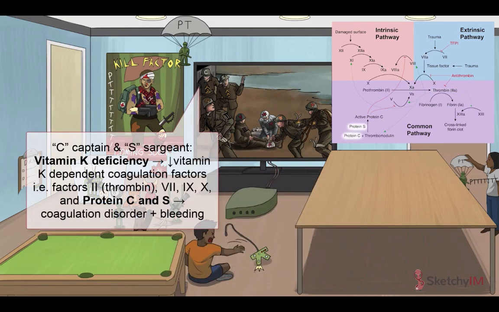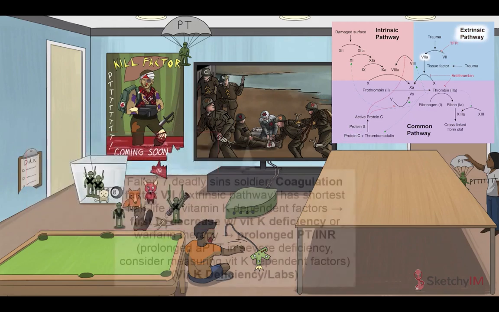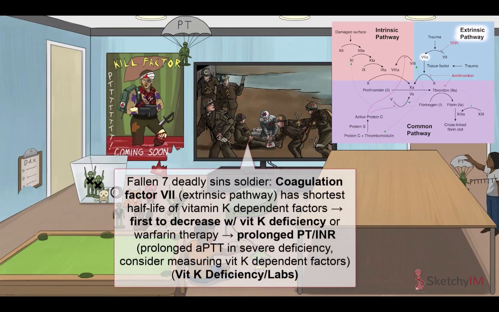Anticoagulant proteins C and S are also vitamin K dependent, symbolized by the captain and sergeant labeled C and S in the background. Notice that the 7 Deadly Sins soldier is already down on the battlefield, illustrating that factor 7, part of the extrinsic pathway, has the shortest half life of all vitamin K dependent factors. Therefore, in the setting of vitamin K deficiency, factor 7 decreases first, resulting in a prolonged PT-INR and a normal APTT. During severe deficiency, however, additional vitamin K dependent factors are affected, which means you'll measure a prolonged APTT as